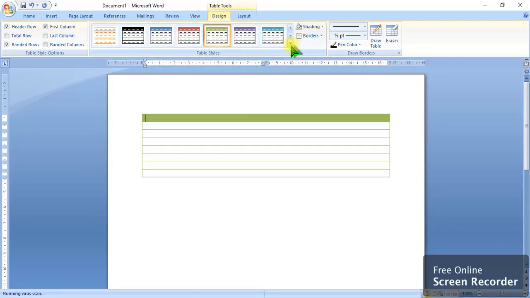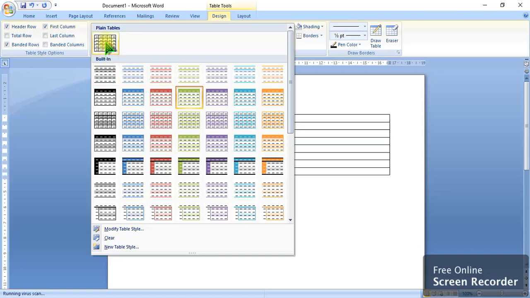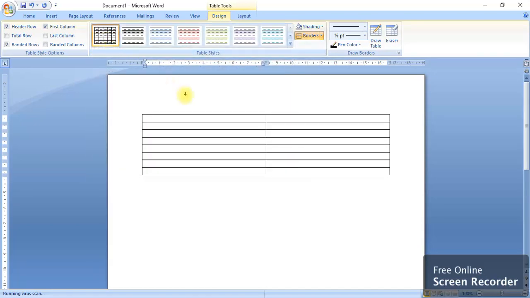See, now this is only a single table, so I don't want a single one. So first let's practice with the normal one. So plain. Here I am going to give a title. Since we are learning shapes, here you will type 2D shapes. And in this tabular column, whenever you want to type inside, you have to click, then only you can type. Then 3D shapes.